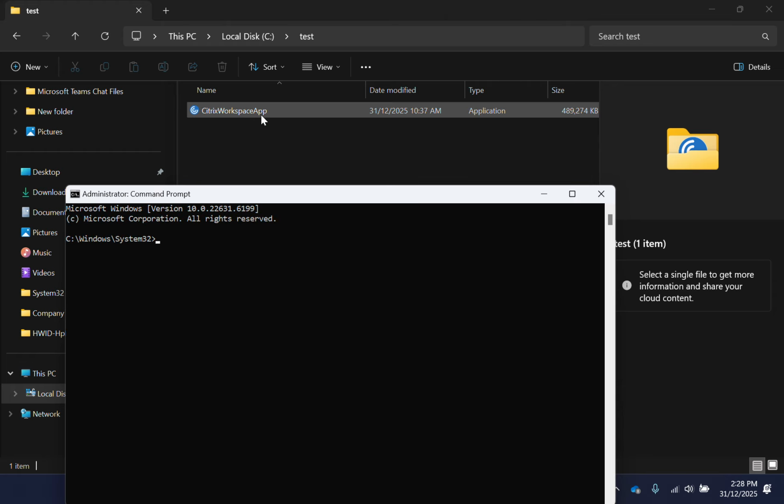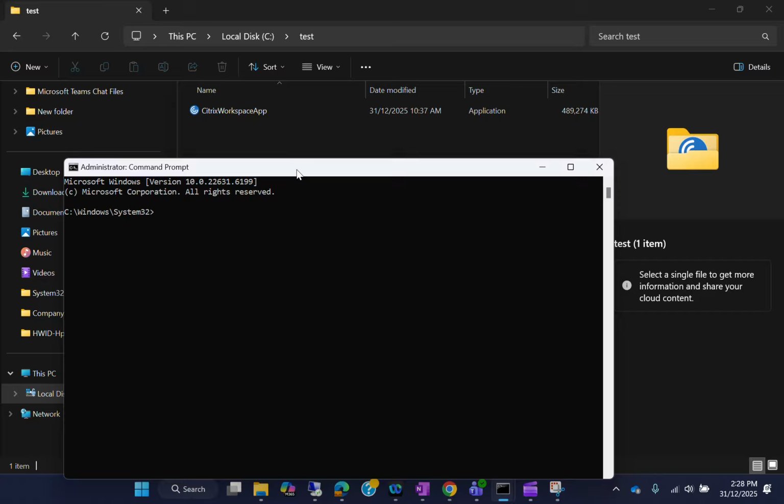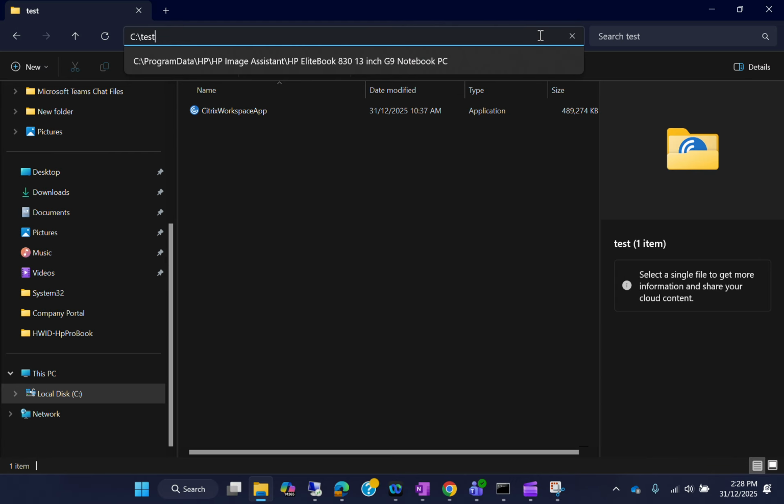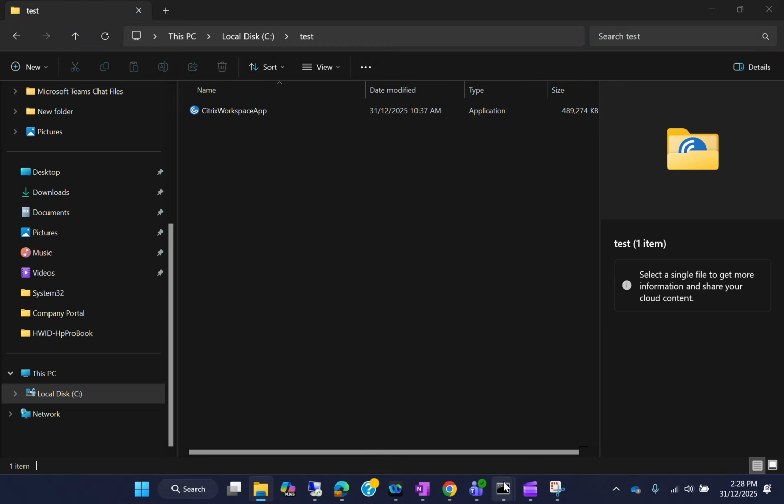You can download it from the web browser, or I'll leave the link in the description. So we're just gonna change the directory to the folder so we can navigate to this installer. For that, let's just double click in here and copy this path. Control A, Control C, and let's get back to our